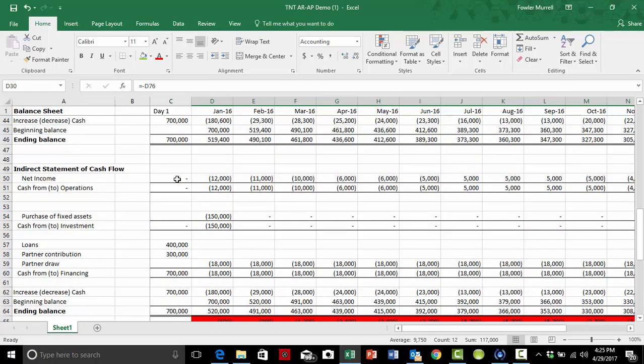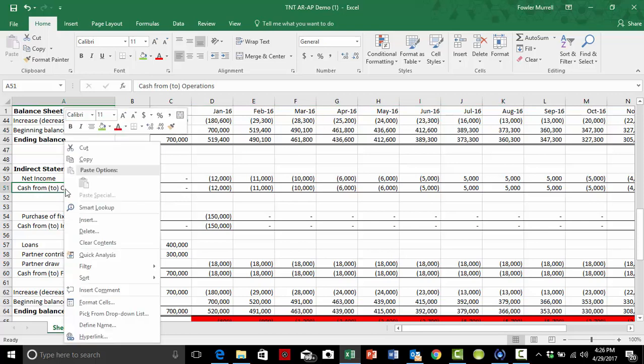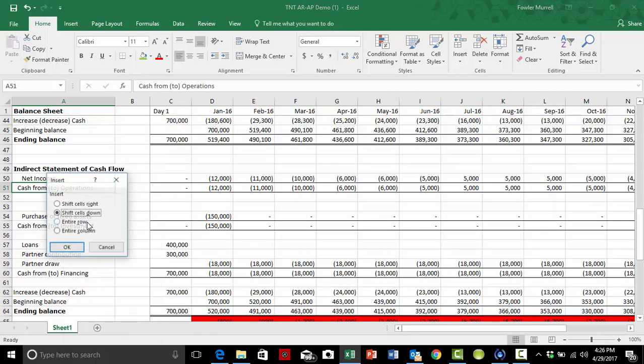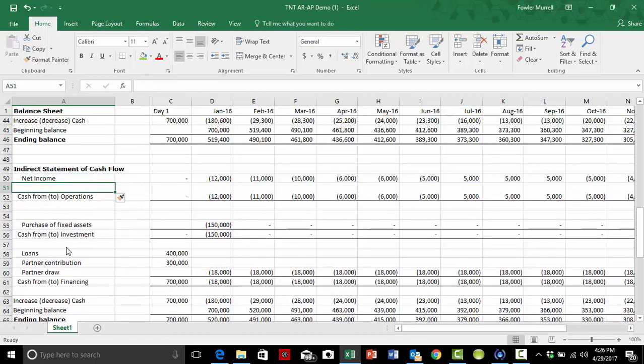And what we need to do in the indirect statement of cash flow is take into consideration the changes in current assets and current liabilities. So we've had a change in current assets, which is our receivables. So we need to represent that in our indirect statement of cash flow. So we need to put a line in for change in accounts receivable. So we insert the entire row, say OK,